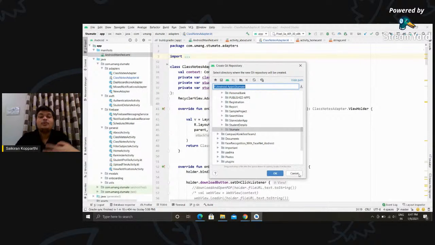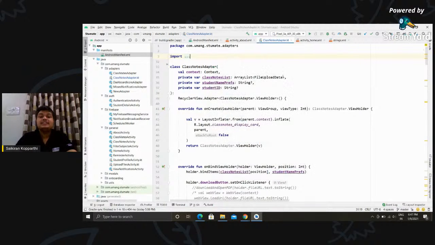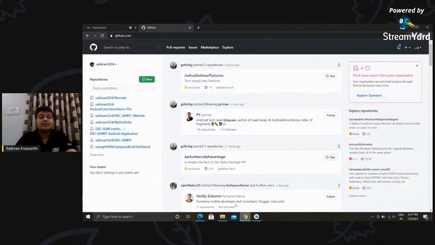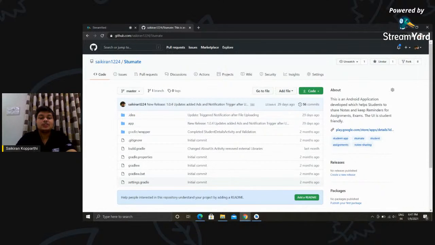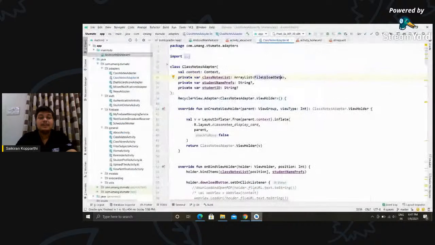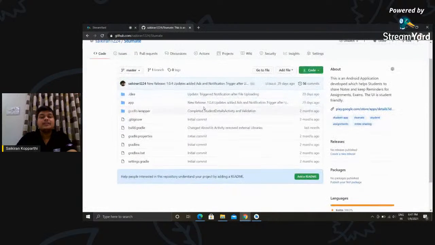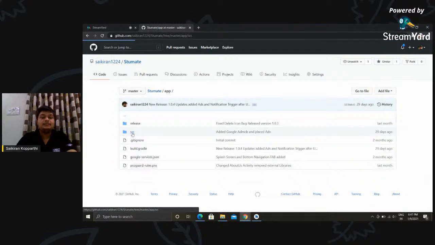For this project, I'm not going to create any repository since this project is already available in GitHub. This is the project, StuMet, which is already available in GitHub here. What you are seeing here is the local repository, and what you are seeing in GitHub is the remote repository. If I click on app, then src, then main, and then the Java com Umang StuMet folder,